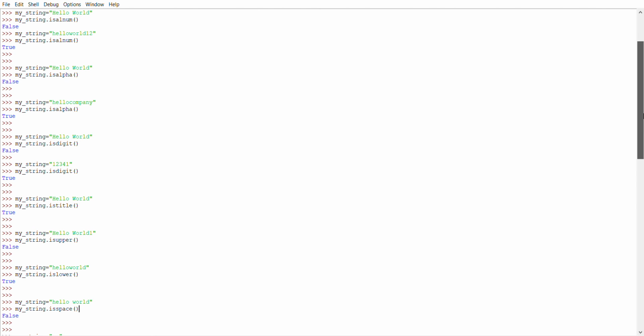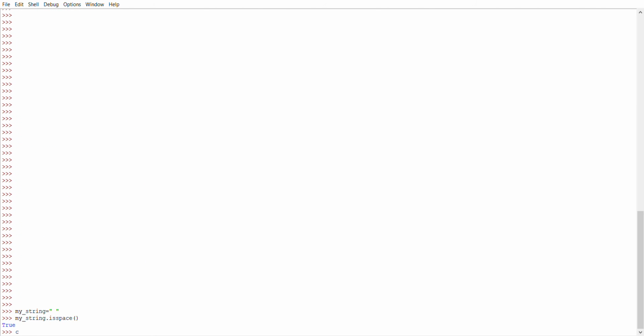Only a string containing just spaces returns the true value, otherwise it returns false. We call the isspace function and it returns the true value.